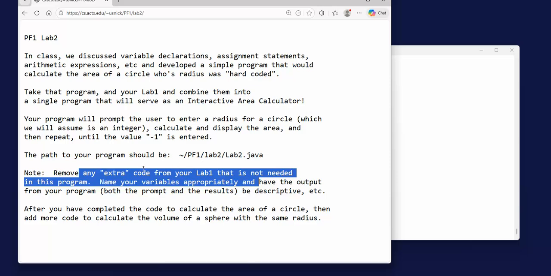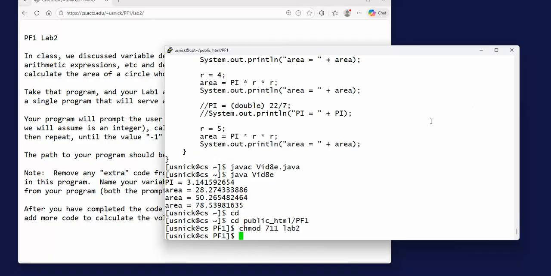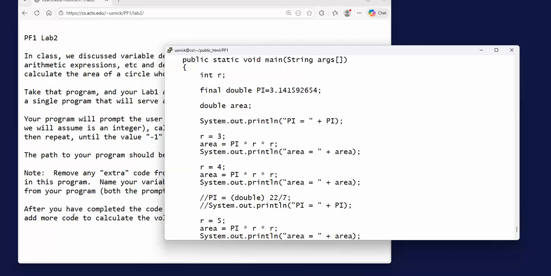So get rid of all the extra junk and use better variable names. I don't want sum or average or count to be in your program at all. How about R or RAD or something like that, and AVG and so on. Use good descriptive variables. And then, oh yes, one more thing. Again, I like to just ask you guys to take the ball and take it one other step on your own. So in addition to marrying these 2 programs together, your Lab 1 and this thing here, in addition to that,